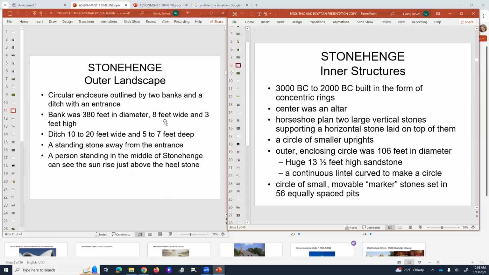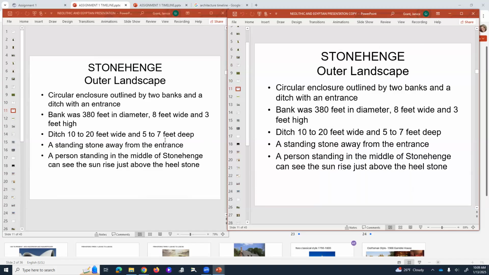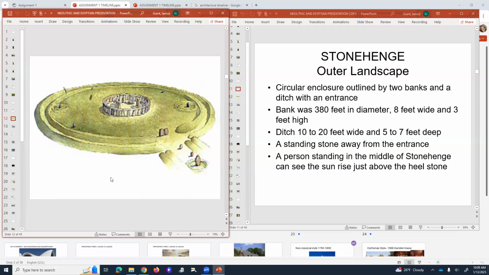Oh, here's that outer circle right there. Look at that master planning in place. Wow. There was a ditch that went around this with this large focus of a stone here. When the sun came around, it hit this and the sun came right into that arch. Wow, right? That is planning